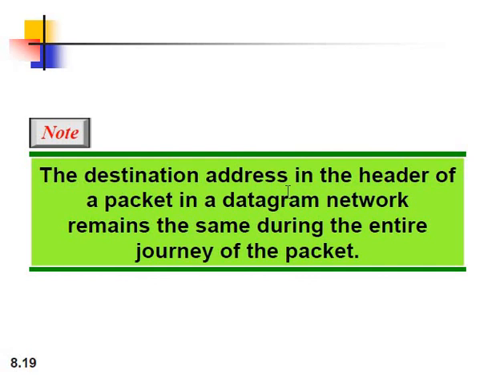Here is one more concept. When a packet is traveling from source to destination, its destination address remains in the packet's header. Every packet has a header, and that header stores the destination address. This means at any point, if any router gets that particular packet, it will know which destination address the packet belongs to. So this will give a clear idea. This technique is used in datagram networks.